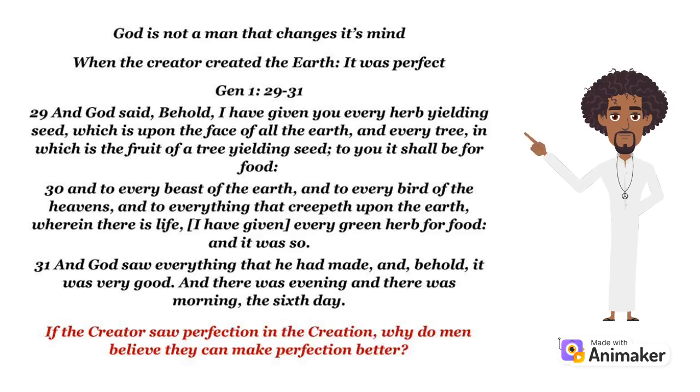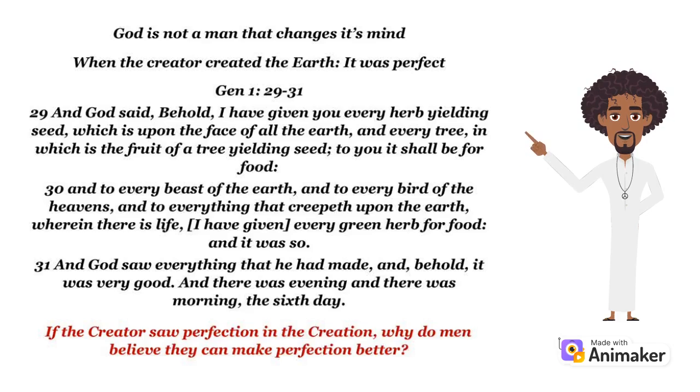In the Bible, if you read Genesis 1st chapter, verses 29 to 31, you will find the command that the Creator gave to all life on this planet, for food consumption. And God said to the man, "Behold, I have given you every herb yielding seed, which is on the face of this earth. And every tree, in which its fruit yields seeds, that will produce a tree of the same kind. To you it shall be for food.